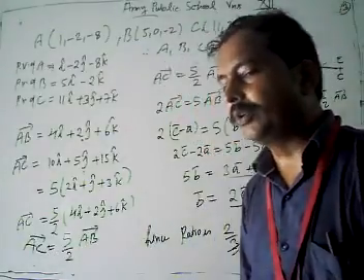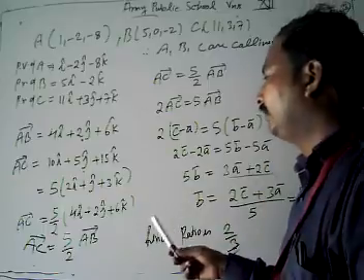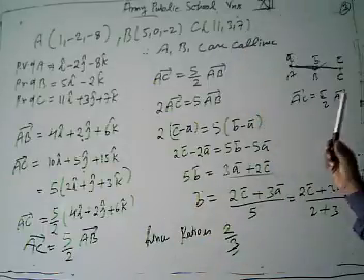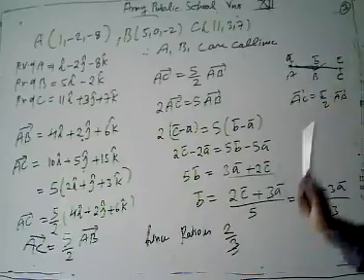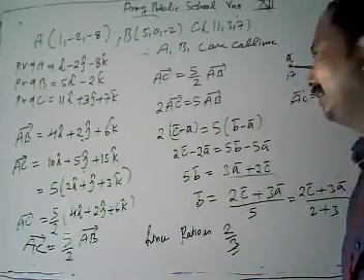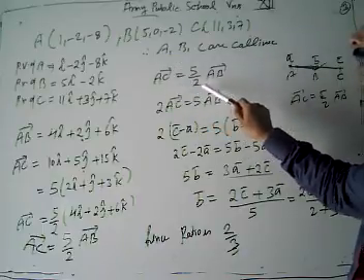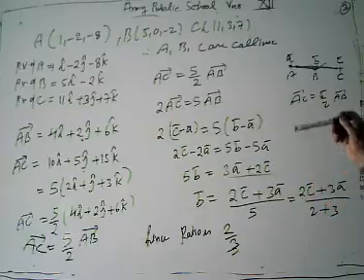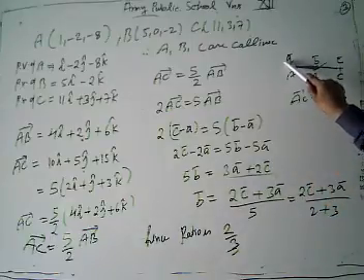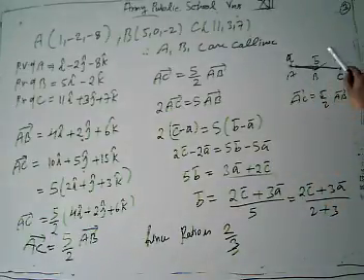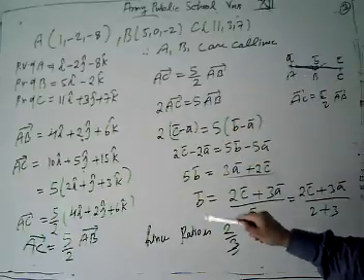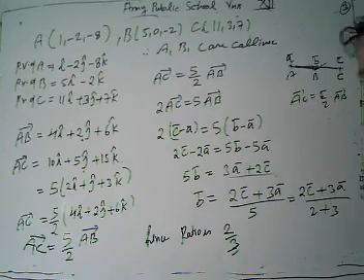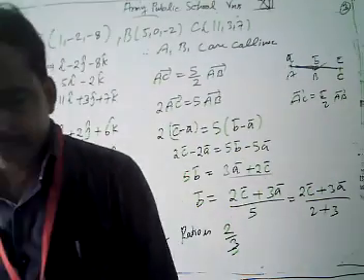Other than showing collinearity, we have to find in which ratio our point B divides our vector AC. Then what do we do? From here AC is equal to 5 by 2, we cross multiply: 2 AC is equal to 5 AB. Then we take that point A is given by vector A, B by vector B and C by vector C. After solving with the section formula, we get the required ratio, which is 2 is to 3.